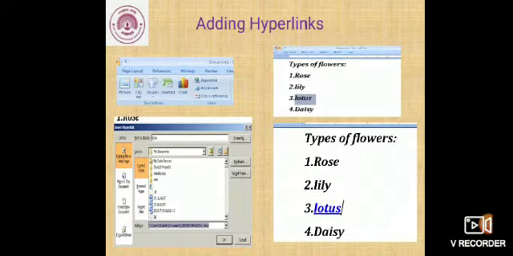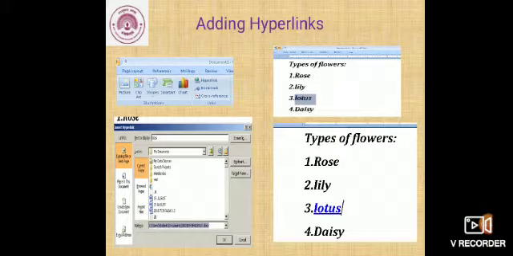Now next is adding hyperlink. Now what is a hyperlink? Now see children, MS Word provides you with a hyperlink feature that allows you link a web page, email address or a program to your document. Now see, let me give you an example. Every day your teacher sends you a link, and when you click on that link, you get a video displayed on YouTube, right? So similarly, we have the hyperlink which appears in blue color with underline.